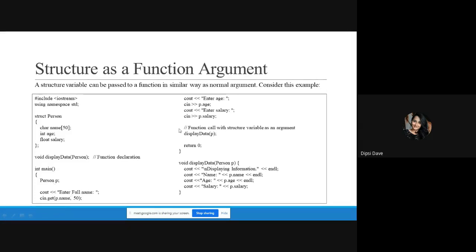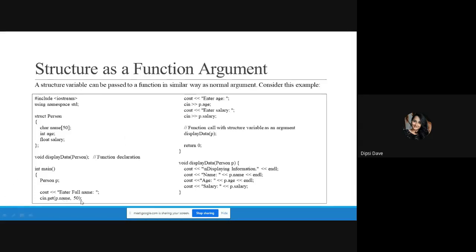Now what we have done is we have taken values from the user. Now if you see this cin.get, you might get confused about what it is. So get is a function used with the cin object like this, using the dot operator. If you remember, in scanf, after blanks, after white spaces, the input is discarded. So if you want to take a big string, then you must use the gets function. But in C++, instead of gets we use cin.get.